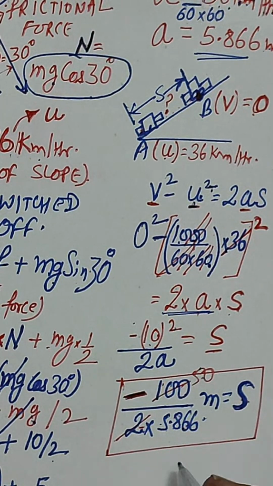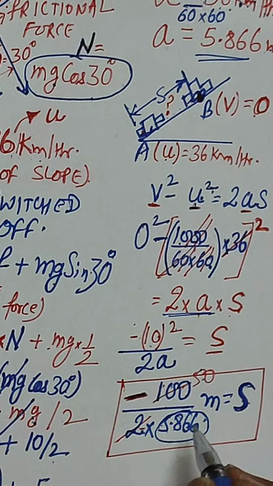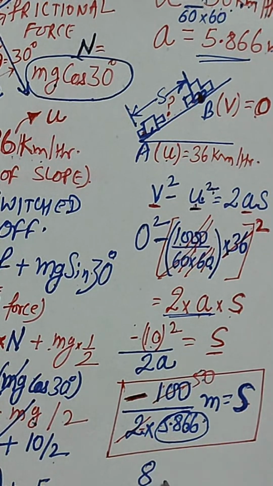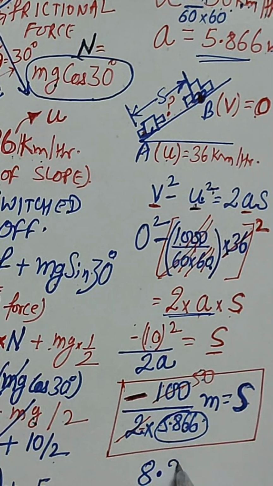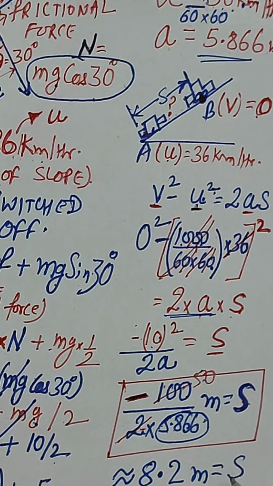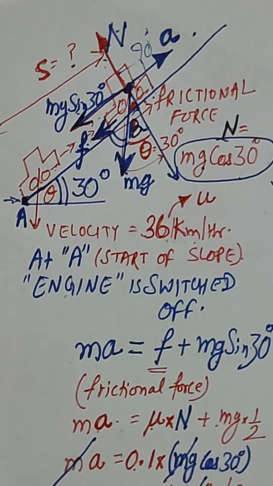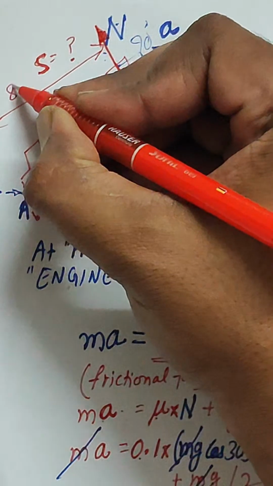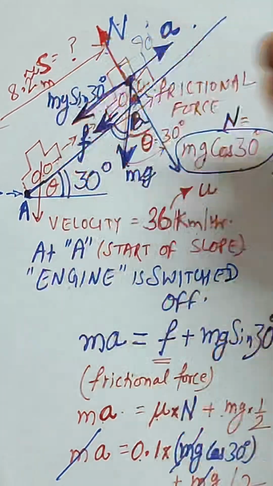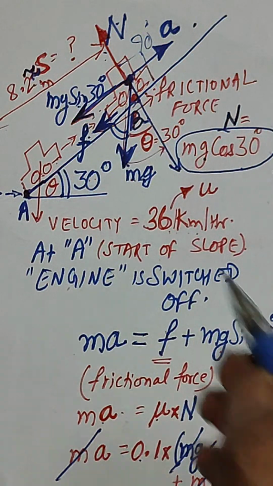50 by 5.866, right? So if you consider this as 6, rounding off, right? So from 6 we will divide 50, so it will be coming as 48, approx close to 8.2 meter. So this is the value of s. The value of s is calculated here, and this is 8.2 meter. This is close to 8.2 meter, and this is